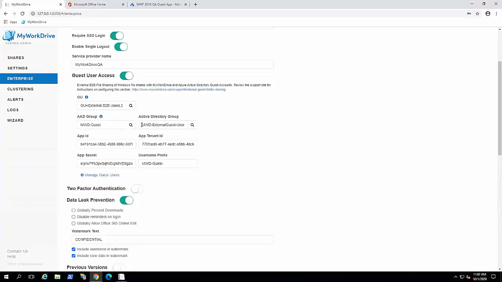Then we have the Active Directory group, this is your internal one. This again could be any group that you want. It's another way to segregate these users, although you may even use the same group when you enable guest user sharing on a specific share. And then these parts here, the app ID, the app tenant ID, the app secret, and the optional prefix that we put in front of the username,